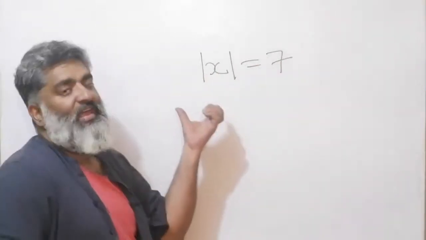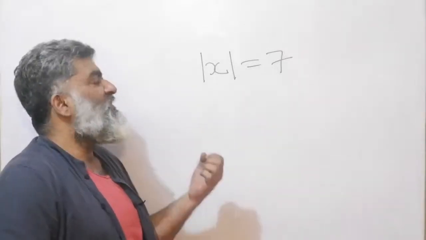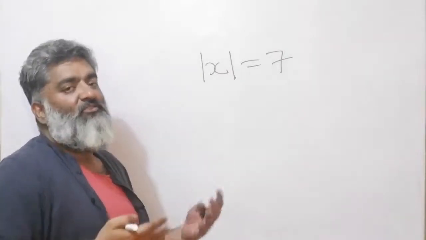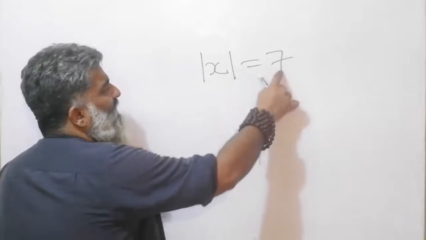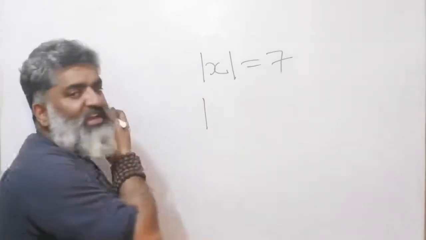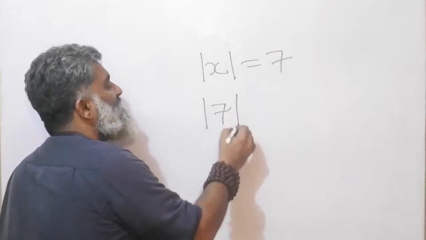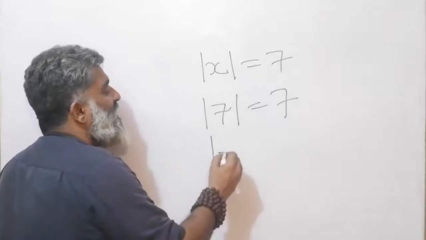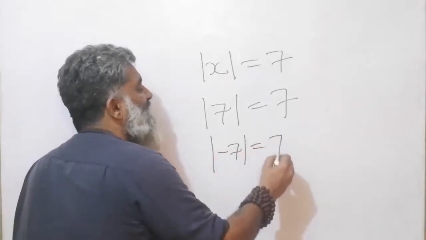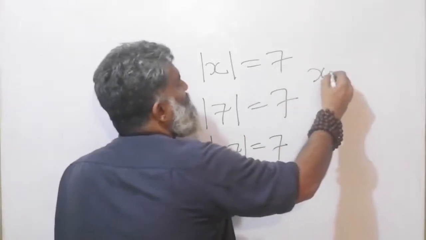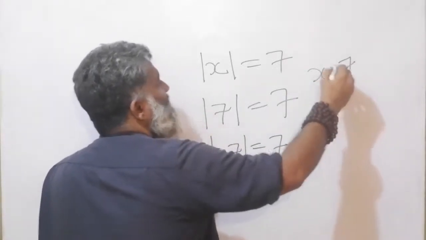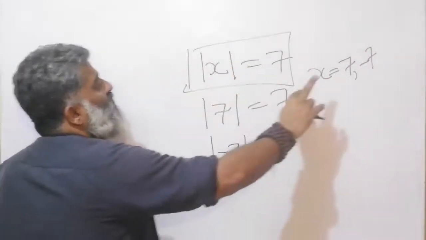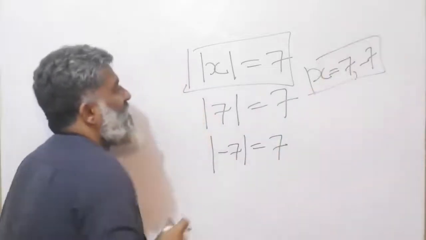If I tell you mod of x is equal to 7, think about it, what are the possible situations? First think just in rough paper format, that I'm looking at 7 and I know the input output is fairly straightforward, right? So inside if I put a 7, outside I will get a 7. What I have to be careful about is that inside if there is a -7, even then I get a 7. So if I think of what are the values of x which will work for me, 7 will work for me as well as -7. That means if I give you this as an equation, you will get two answers, 7 and -7.